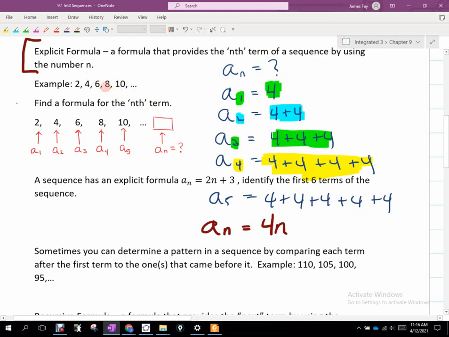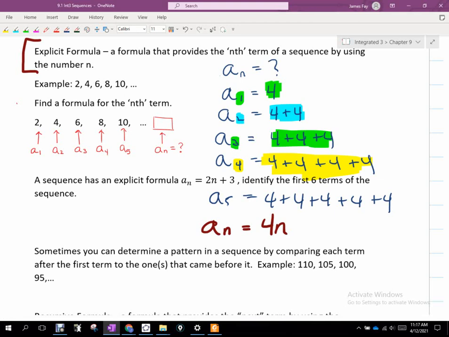Okay? Now here's the one thing to understand. When we are trying to produce a rule or a formula for a sequence that is like this, that goes on, that has these ellipses, and I don't have like 20 here to end the list, we are making an assumption. We're making a guess that the pattern established here continues forever. Okay? It doesn't have to, but we're making the assumption that it does. Does that make sense? Because this could go 2, 4, 6, 8, 21.